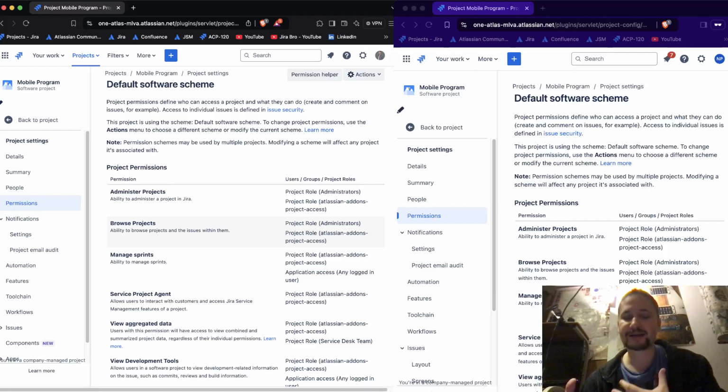Like, let's say add comments. Add comments needs the browse projects permission, because users need to be able to add the comments to that specific project. If they only have the add comments permission, it's going to be useless. So there's not much to do when it comes to manage sprints. And now it's saying by default